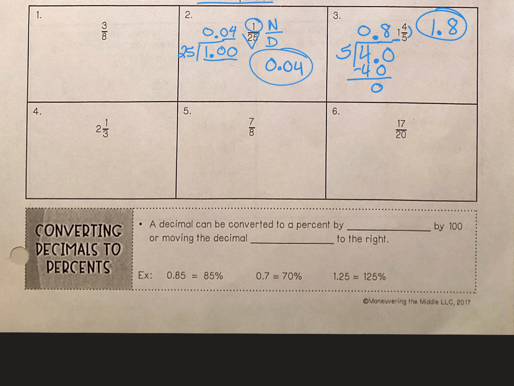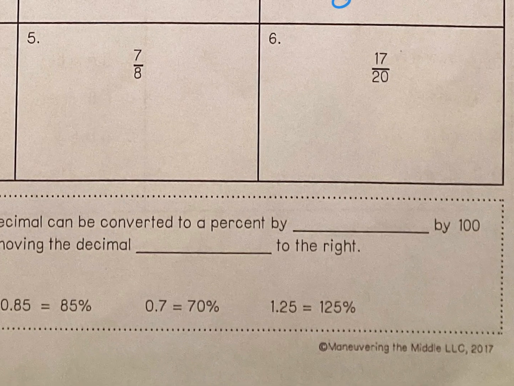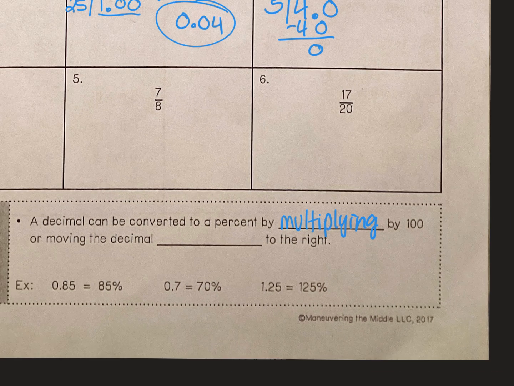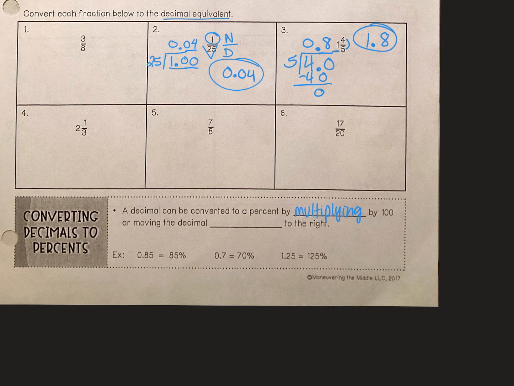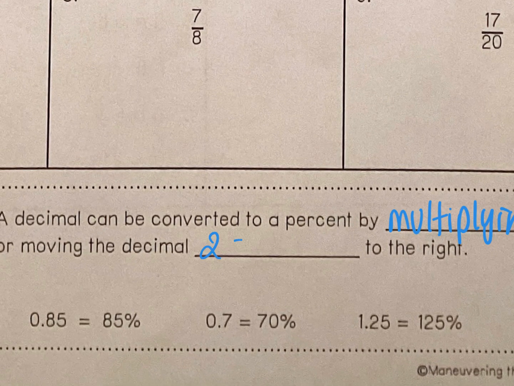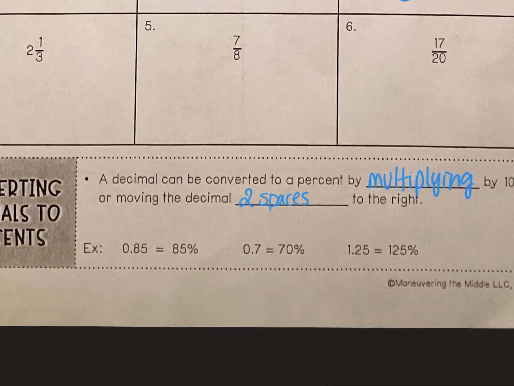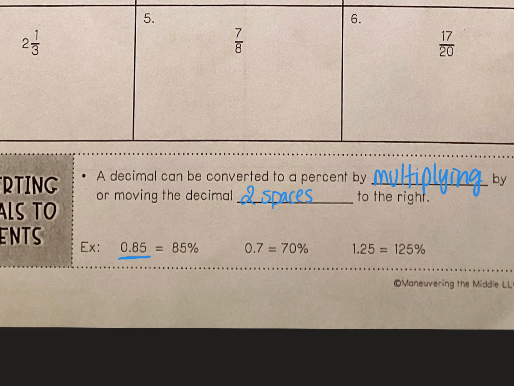A decimal can be converted to a percent by multiplying. So in this first space here, I want you to write multiplying by 100, or moving the decimal 2 spaces to the right. Okay, so if you're given a decimal like 0.85 and you want to know what the equivalent percentage is, the